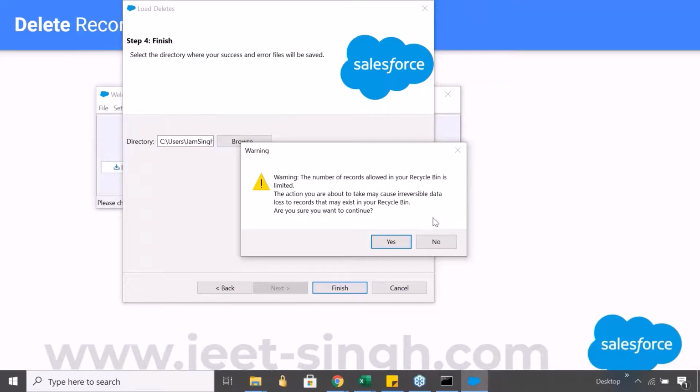So we should ideally check if our recycle bin has got something important which may need to be restored. We should do that first. Keep your recycle bin clean so that it can accommodate the records that you're deleting. Make sure you have a backup, because though we are talking about a recycle bin, still, to be double sure, you should keep a general backup.